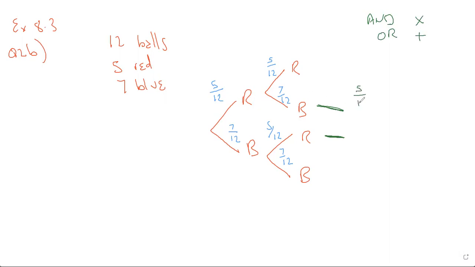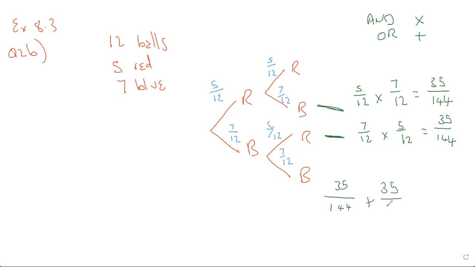So I'm going to say 5/12 times 7/12. And all I do is multiply straight across the top and bottom. So I get 35/144. Same with this, isn't it? This is 7/12 times 5/12, which is, of course, the same answer. Now, if I want one of each color, I am allowed to have this branch or this branch. So I'm going to take my probabilities and add them together,